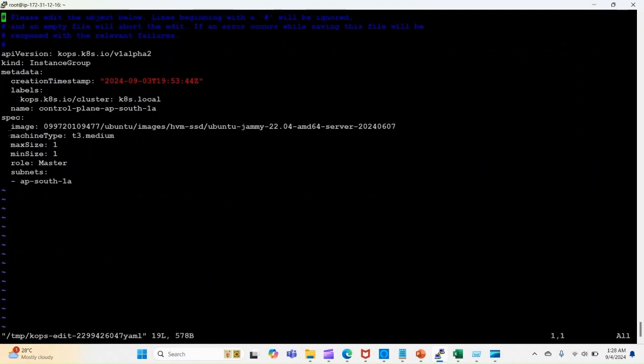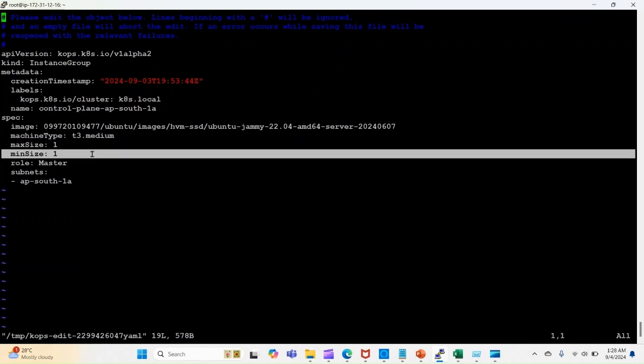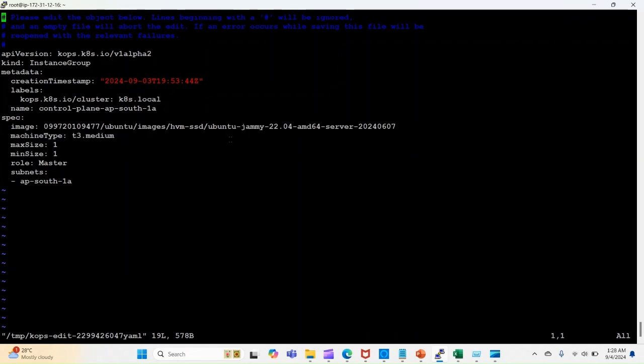You can see here now machine type t3.medium and maximum 1, minimum 1. I am going to use only one master. So if you want more than one master, you can edit this, but in my case, I am going to use only one master. Okay,